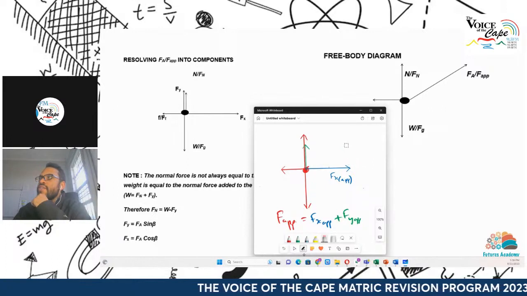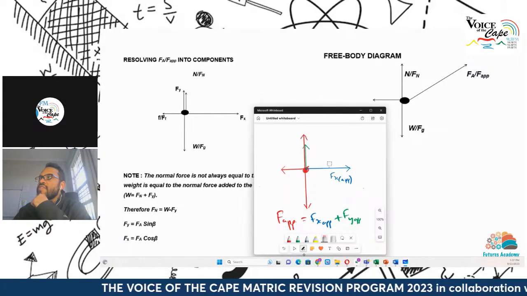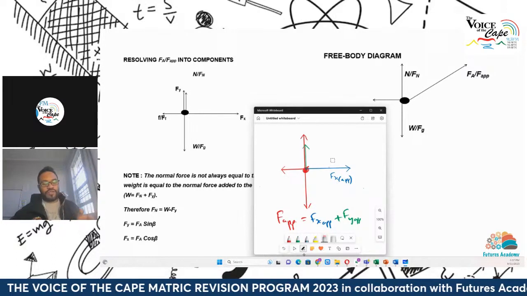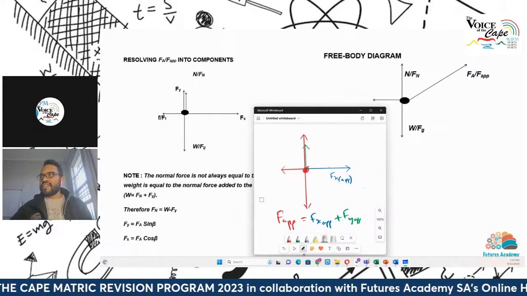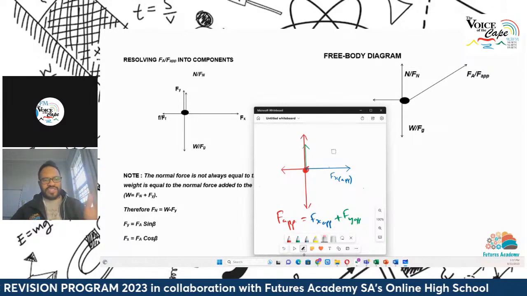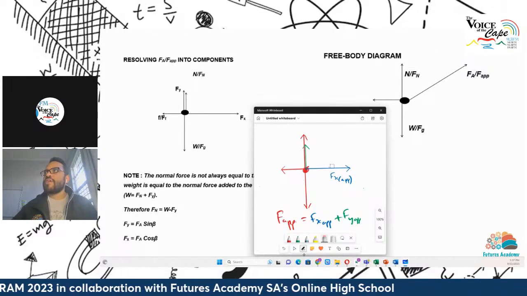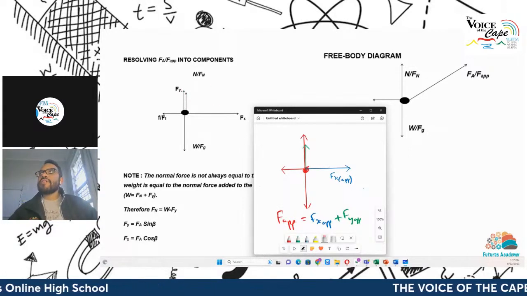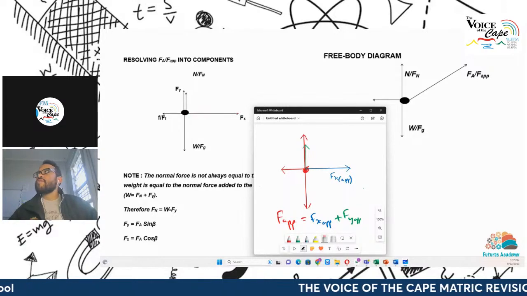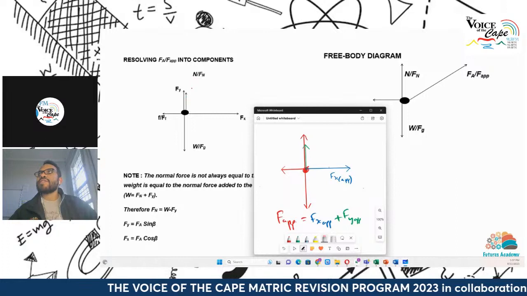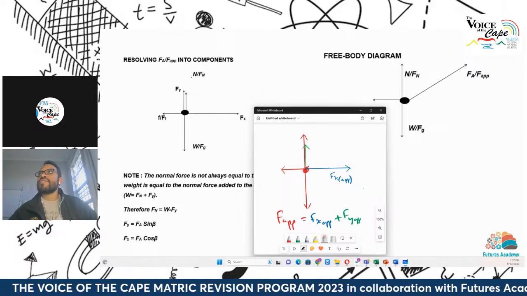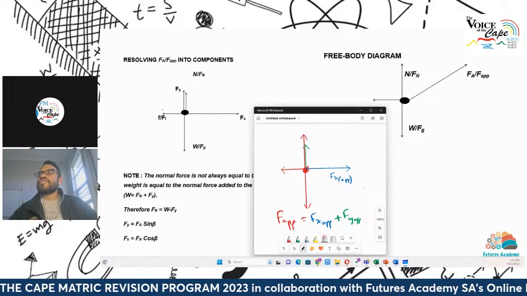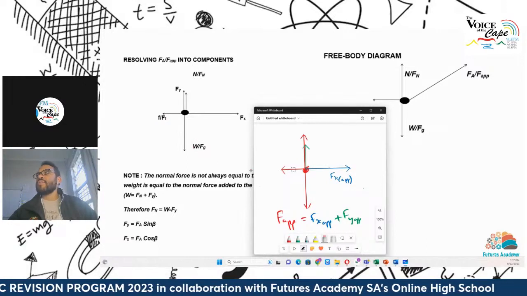And remember, why are they equivalent? Because one vector is equivalent to any other vector if it has the same magnitude and the same direction. So whether I draw a vector here and I draw it over there, as long as they point in the same direction and have the same magnitude, they're equivalent. Okay, so this here is what you see over here. There is my vertical component. There's my horizontal component of the applied force. This here is the normal force that you see over here. And then there's the frictional force, and here is the weight.